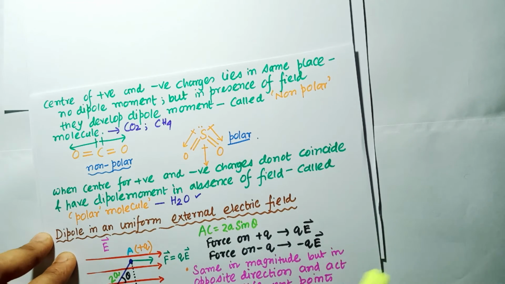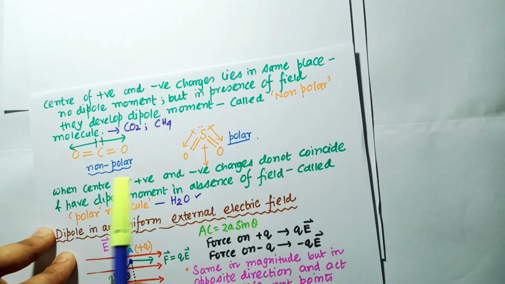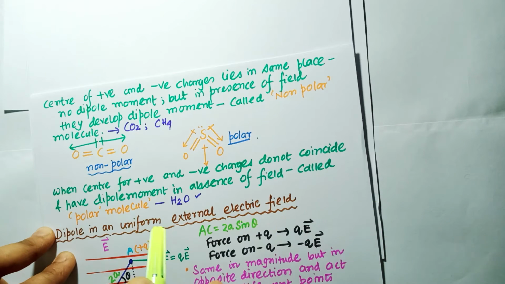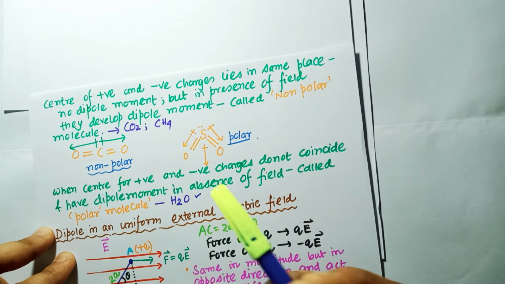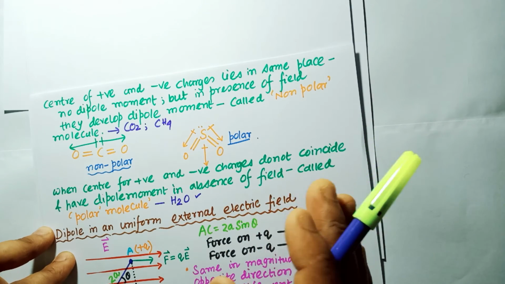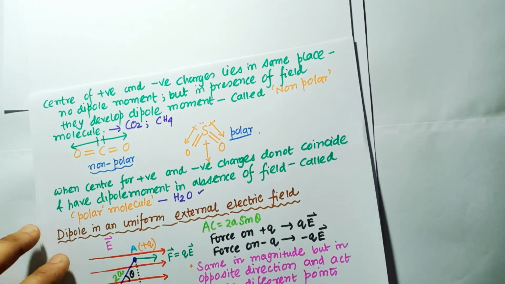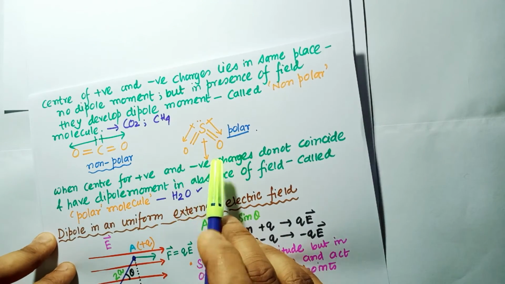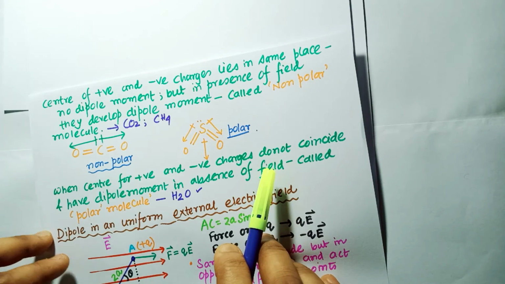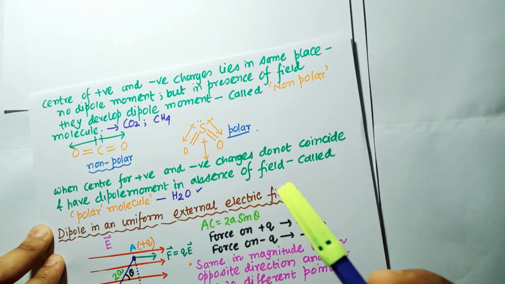So our next discussion will be on, suppose we consider two types of molecules. Suppose in one type of molecule, the center of positive and the negative charges lie in the same place, so the net dipole moment is 0. For example, like methane and carbon dioxide. But when we place this kind of molecule in the electric field, they develop a dipole moment. But suppose we consider a molecule like sulfur dioxide, the center of the positive and the negative charges do not coincide, and it happens in the absence of electric field also. It means such kind of molecules have their permanent dipole moment.